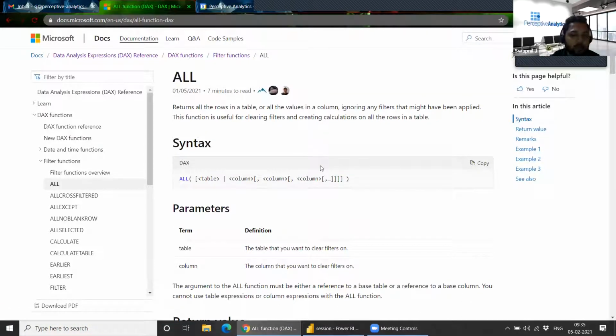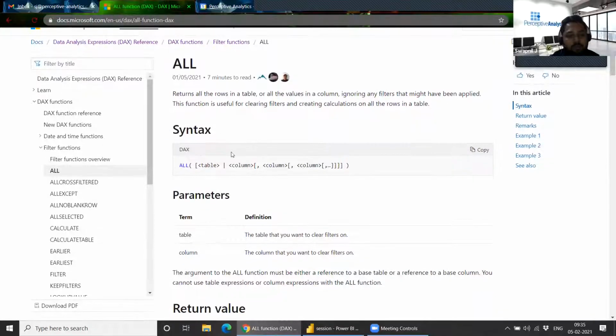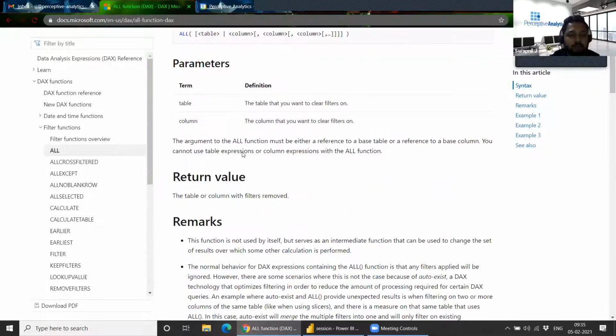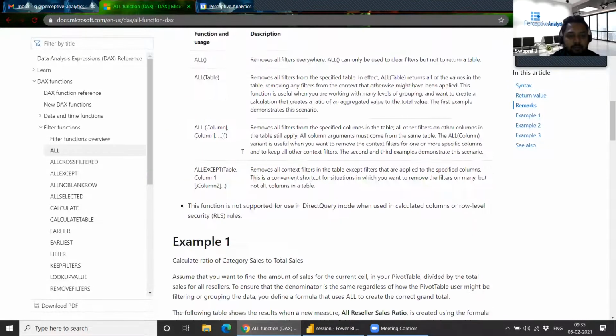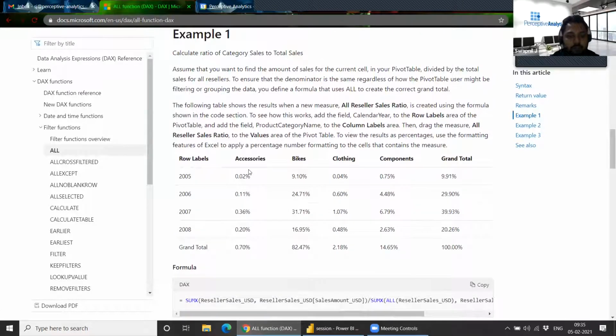In DAX we have different kinds of filters. Let's talk about the first filter, ALL. Whenever you apply this filter, we have this table showing accessories, bikes, clothing, and components, and dividing each by the grand total.